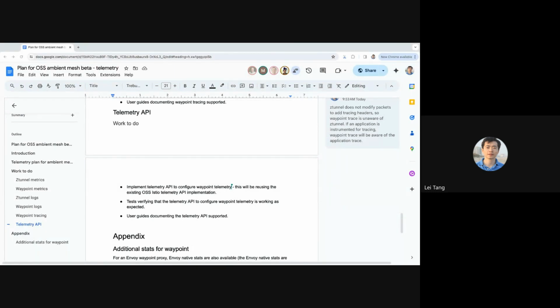Because this ztunnel access log is, for example, the source, destination, IP, port, this layer 4 information, which may not be consistent with the current Istio access log.